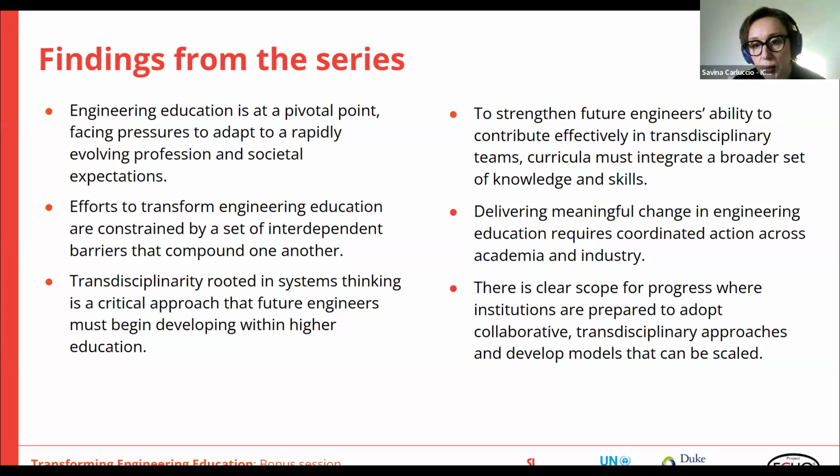And so therefore, we need to broaden the knowledge and skills in engineering education. And this will require a number of different approaches, but also will require institutional support. I'm sure that we will hear this from Glenda as well, but this is something that came up quite strongly as a finding: that academic education is quite slow to adapt. There might be institutional inertia, and therefore this requires quite a systemic change, and it needs to be coordinated also across academia and industry.